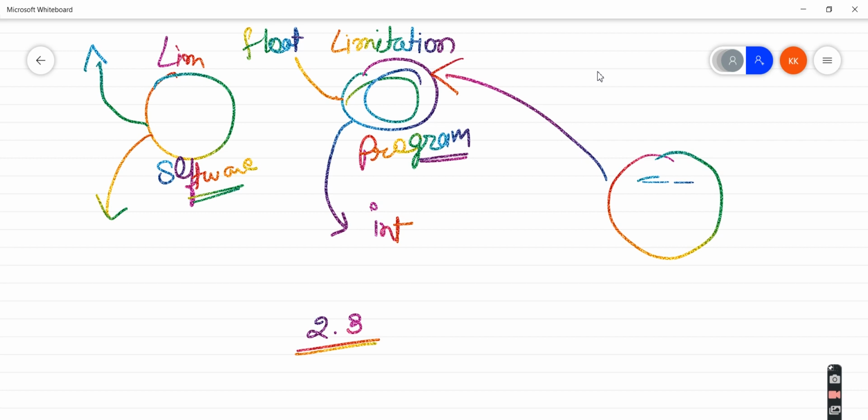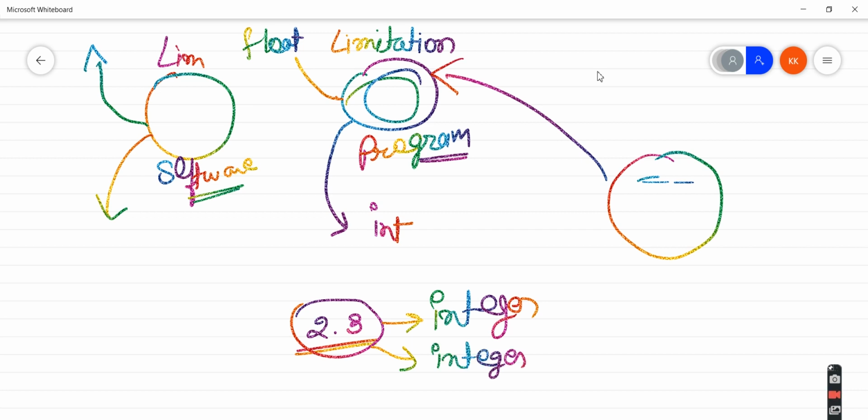So for now I am taking the user to enter only integer value, not floating value. I am expecting input integer only, not long integer.